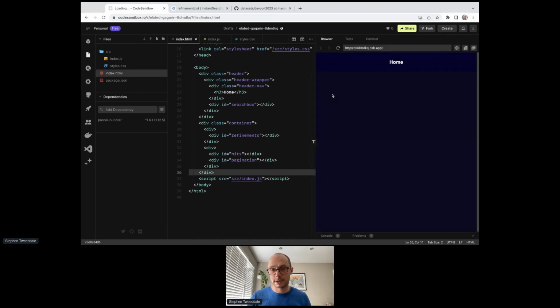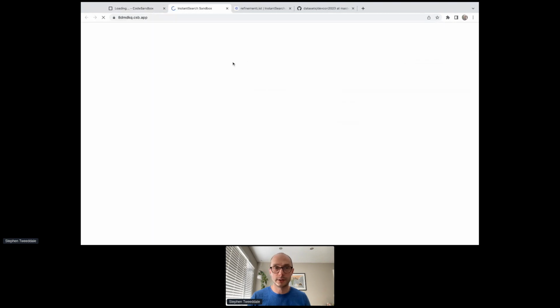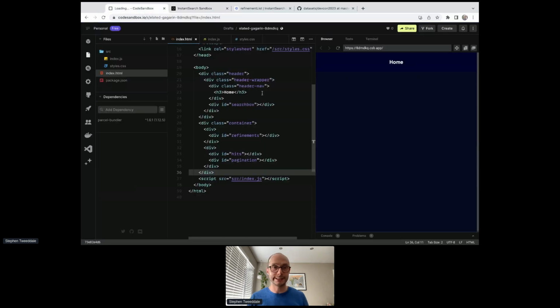Oh, CodeSandbox failing me there. Great, a little bit better. If I bump this into its own window, we'll see we've got a bit of a layout going on. What is letting us down, however, at this point is clearly our hits. We are still just rendering a title. And so there's a little bit of work here to do to make it look all nice like it did